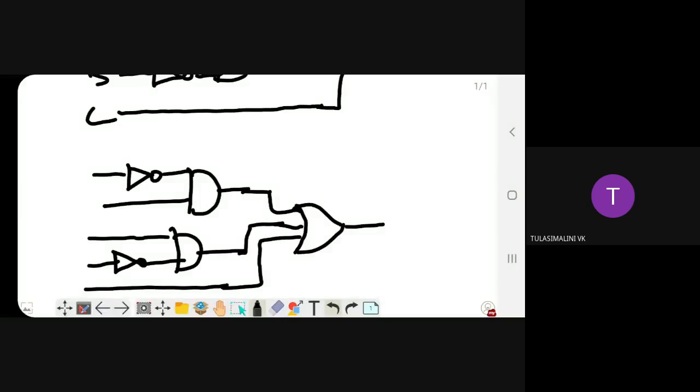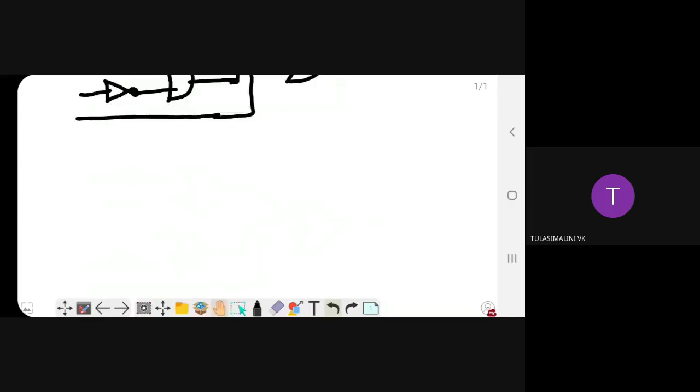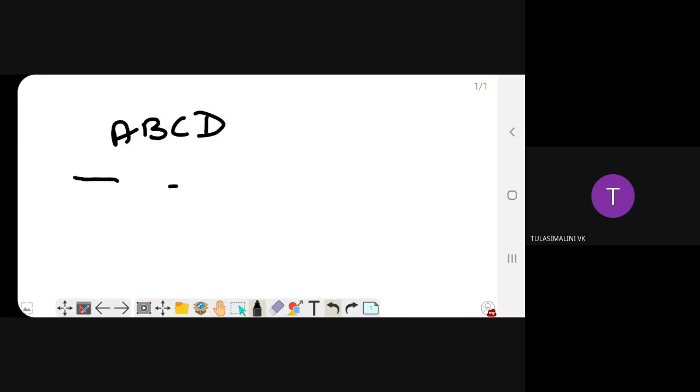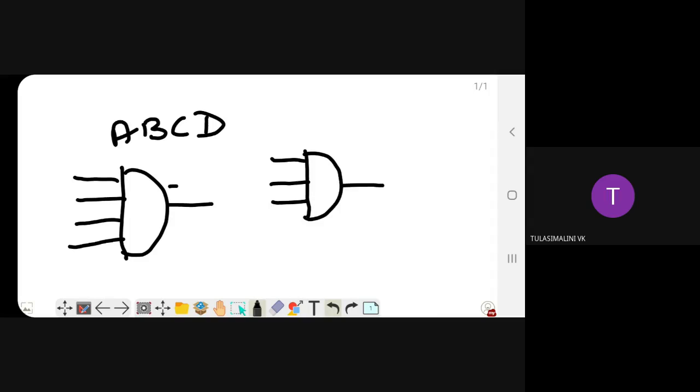For example, if you are having A, B, C, D, while drawing in your class you can give like this, but when we go for the lab, you want to draw like this only. Can you get it?